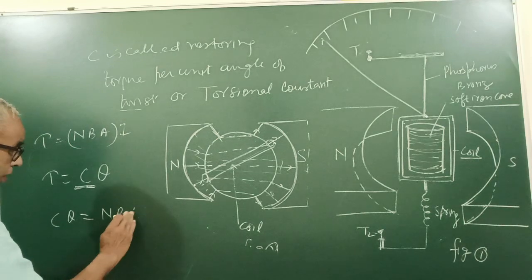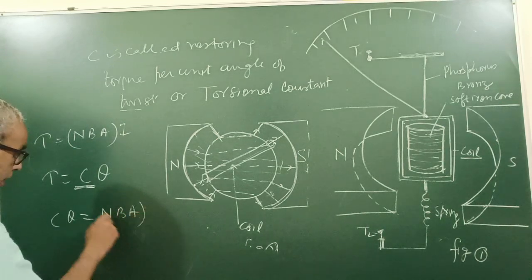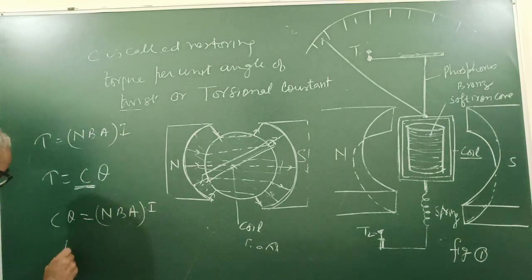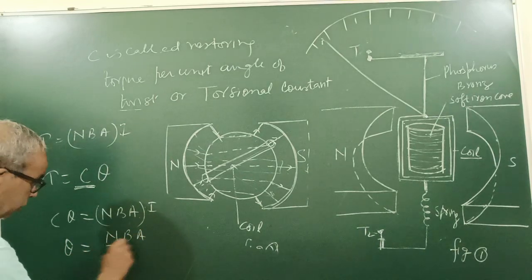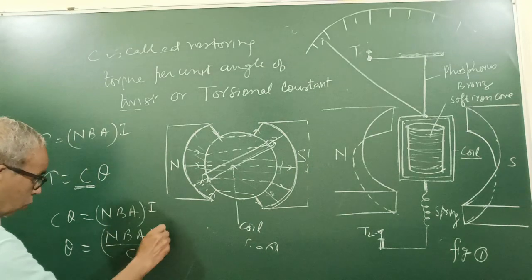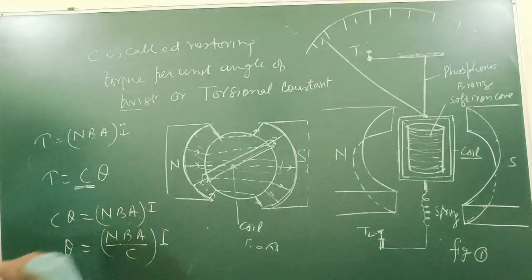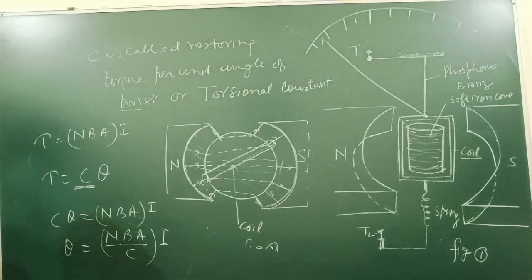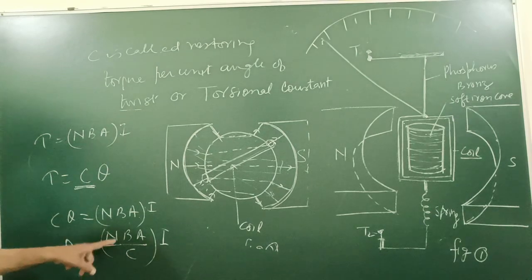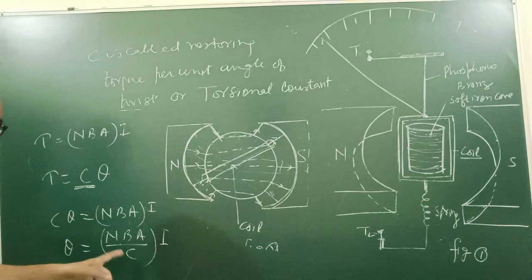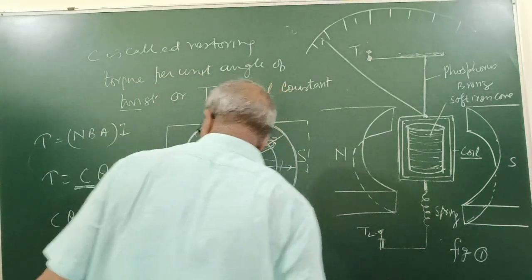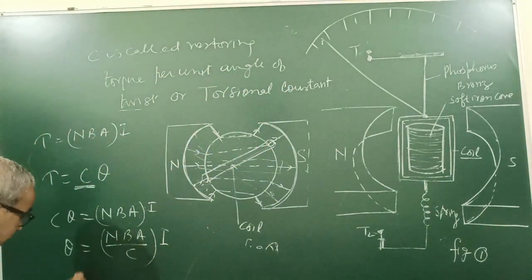NBIA, NBA into I, or theta equal to NBA upon C into I. For a given galvanometer, the number of turns of the loop is constant, B fixed, area fixed, C of the spring fixed. So this thing is constant, we write theta equal to